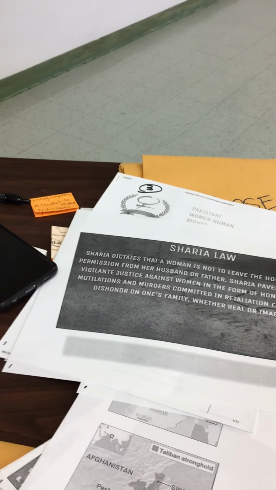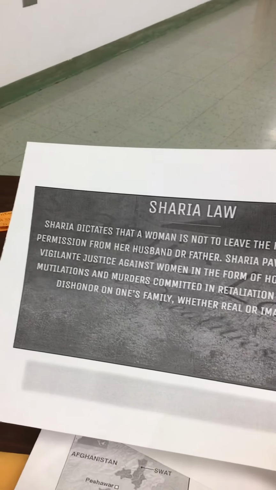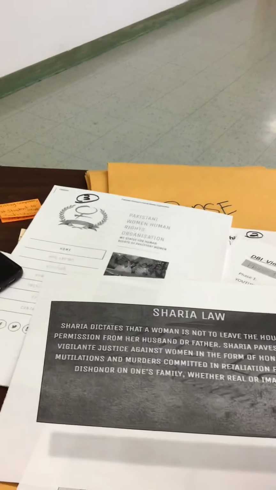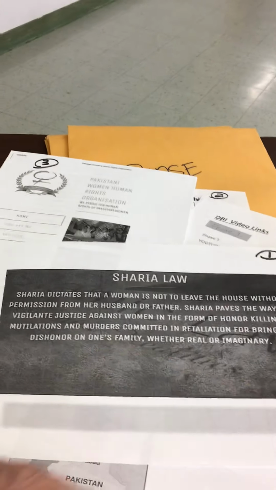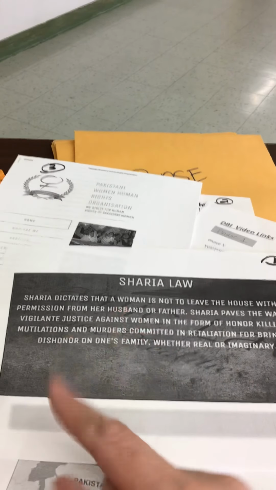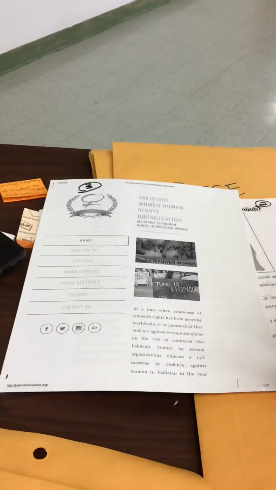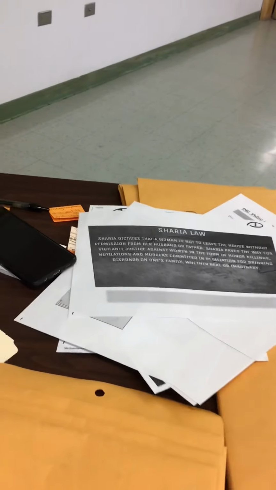Then, after they have gone through, they will just share out and say, I had number 1 and it's this. Apparently Sharia dictates that a woman is not to leave the house, yada yada. And then the kids are all writing their own notes in their notebook of number 1, what do they notice about this, and what does it make them wonder? So they do notices and wonders on the different sides of the page about each of these documents that are in that phase 1.